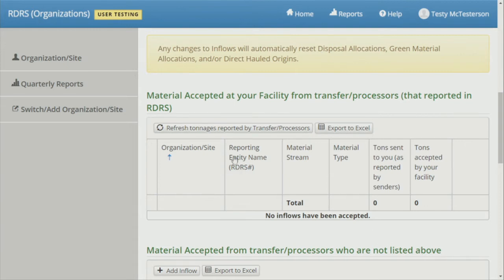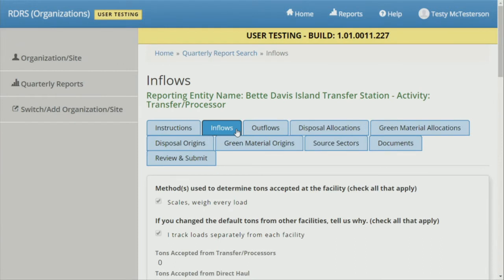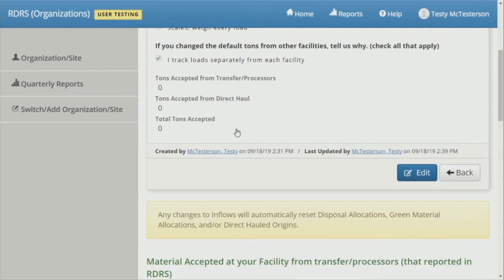by clicking this Refresh Tonnages Reported by Transfer Processors button, and the system will check to see if there's anything new for you. So in terms of best practices, I would advise transfer processors who receive material from upstream transfer processors to encourage them to submit their reports first. That way, you won't have to enter that information as well. You'll simply be able to click Accept when it comes time to file your report. So that's what we're advising in terms of transfer station to transfer